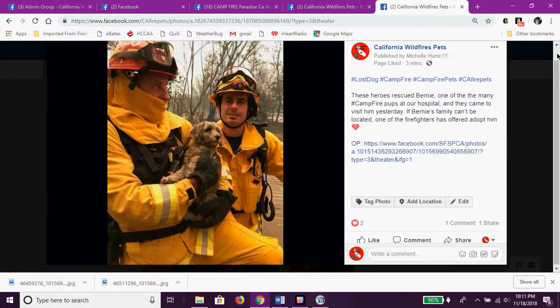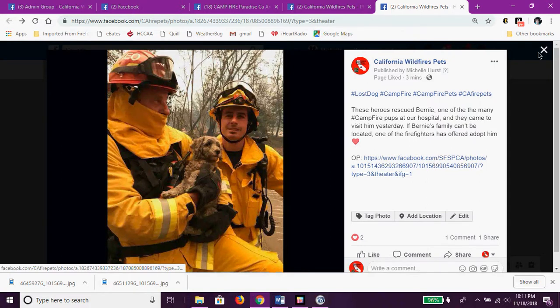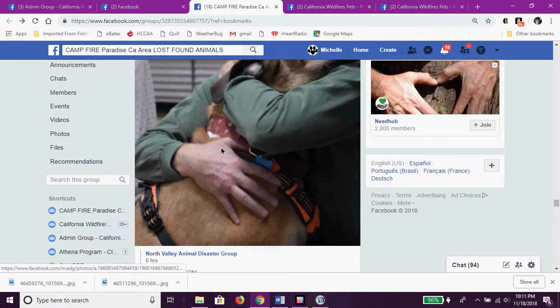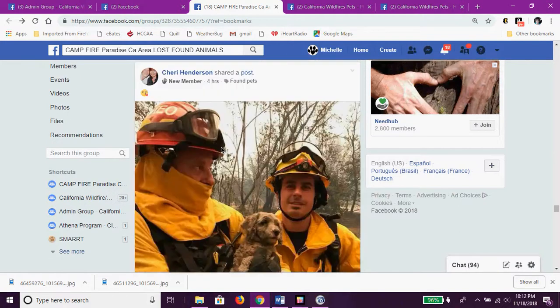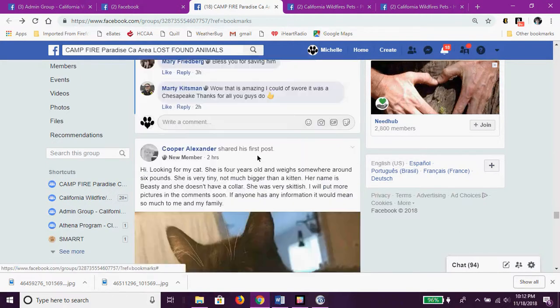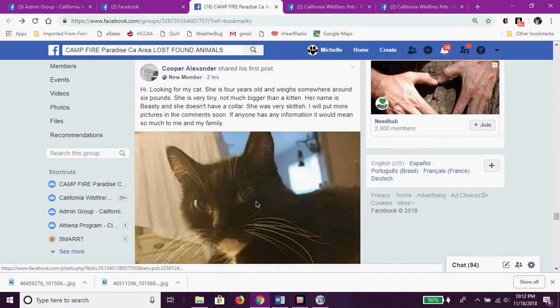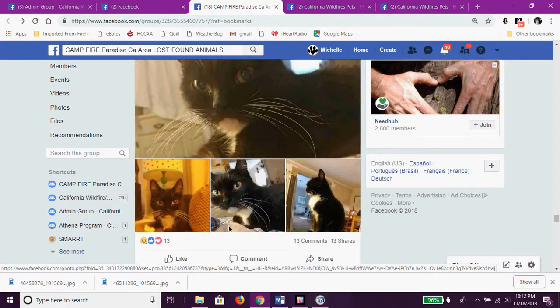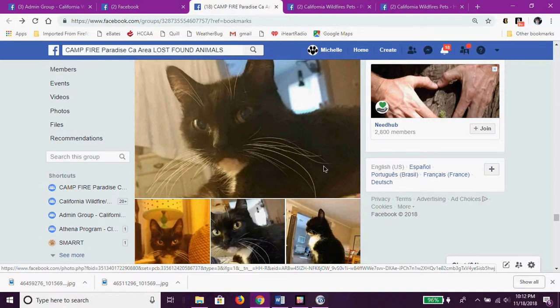Let's go and we'll do another one. Let's go find another one in our group that we're working. You just have to scroll down, look for one. Okay, here's a lost kitty. We're going to go and check to make sure that this kitty is